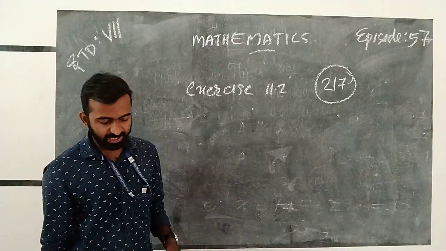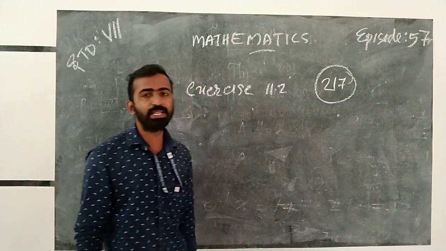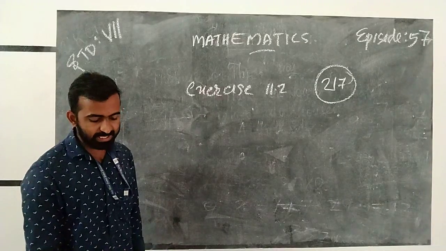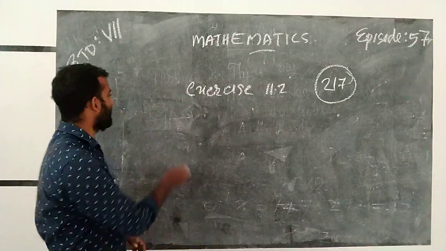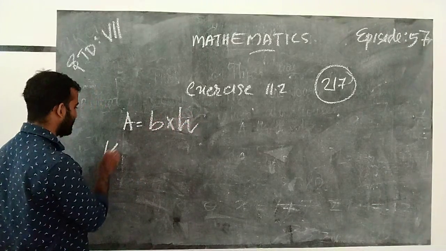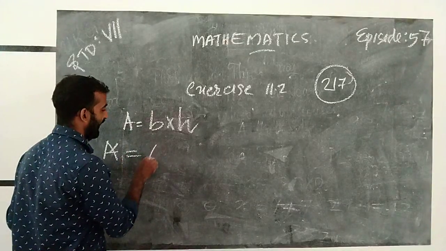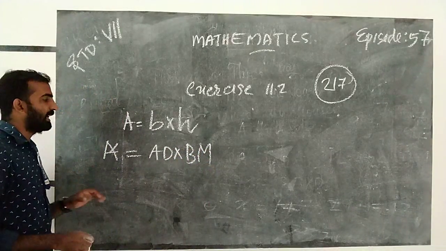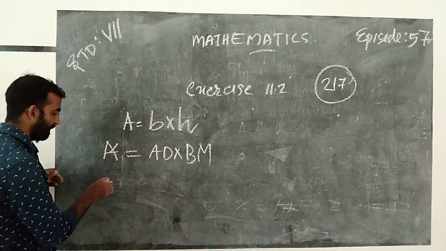DL equal to 42. And next we want to find also BM. Yes. Here we take the base as DA or AD. The area of the parallelogram equals base into height, that is AD into DM. When we take AD as the base, then BM is the corresponding height. That is, area is